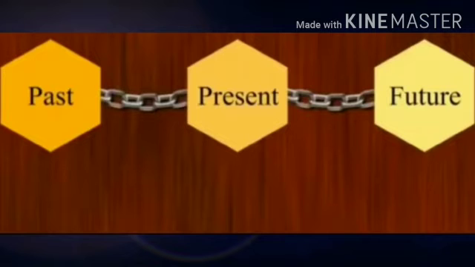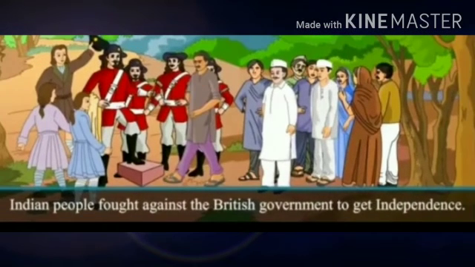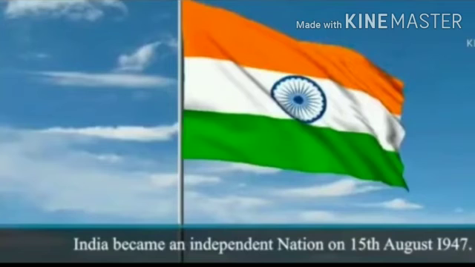The past, present and future are linked by a continuous chain of events. For example, the Indian people fought against the British government to get independence. This is a historical action. As a result, India became an independent nation on 15th August 1947. So we can say that independence was a consequence of an action, that is, the Indian people's struggle